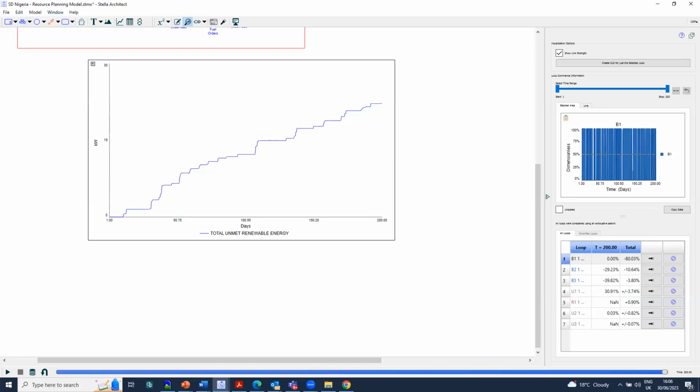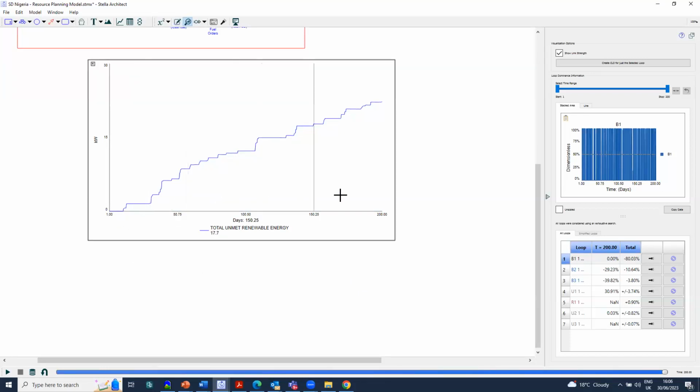We see the cumulative amount of money you're going to pay over the 200 days. So this is the debt to the company for not fulfilling their new energy obligation. By the time it gets to the 200 days, that debt has gone to 22.2. So if you are paying 500,000 pounds or 200,000 pounds per kilowatt,